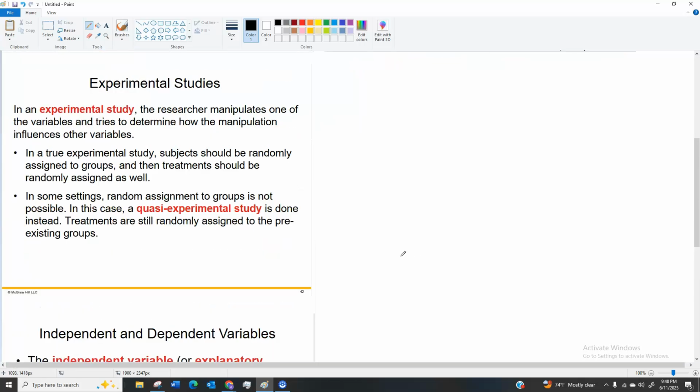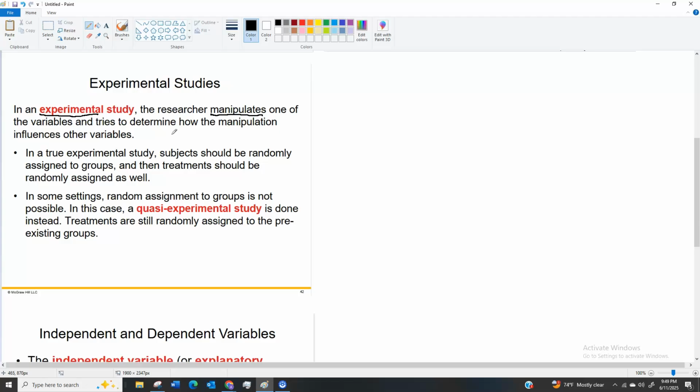So, the first thing that we'll talk about are experimental studies. So what makes a study an experimental study is mostly this idea right here. So in an experimental study, the researcher manipulates one of the variables and then tries to determine how the manipulation influences other variables. So when you think of an experimental study, think of the researcher messes with something. And you'll understand that a little bit more when we talk about the other type of study. So in an experimental study, the researcher is messing with things. He's manipulating things to see what the results are